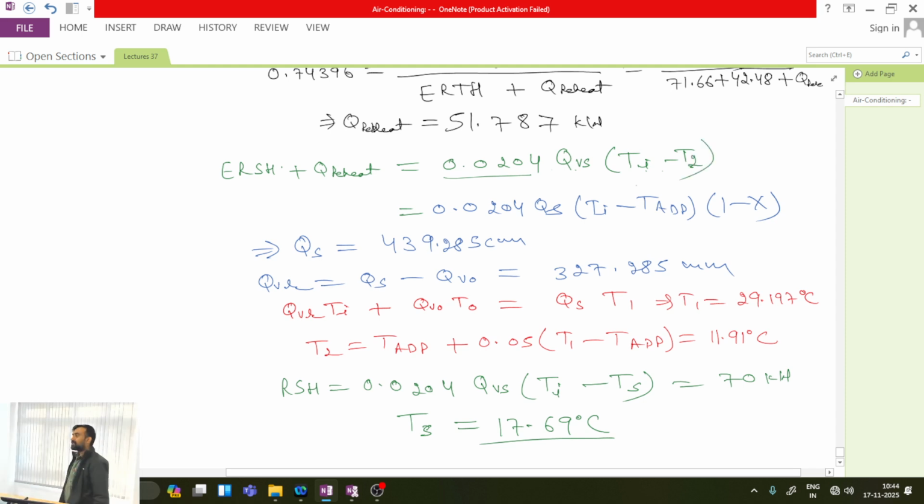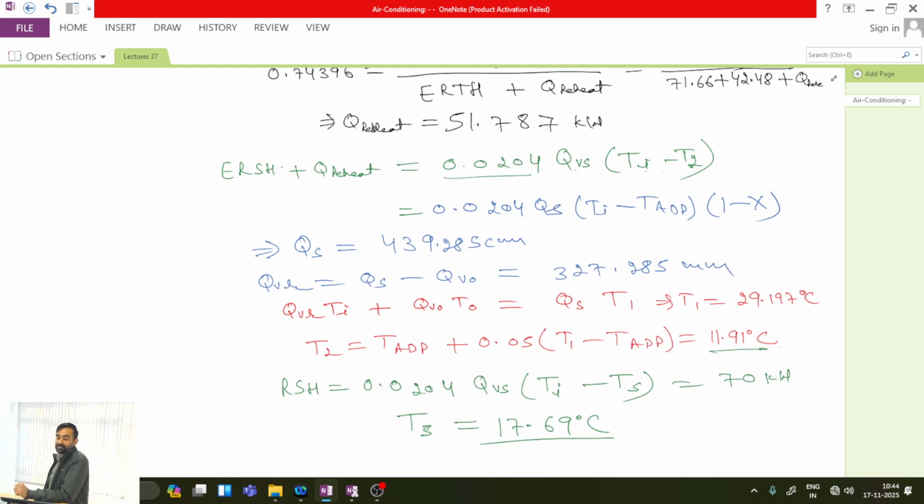This simply means that my air after the cooling coil is coming at a temperature of 11.91 degrees Celsius, but whenever I am sending it to the room, it is sent at a temperature of 17.69 degrees Celsius. So it means after the cooling coil I have to use a heating coil as well. Is this point clear? So you have to understand this question very well, because the major idea is this type